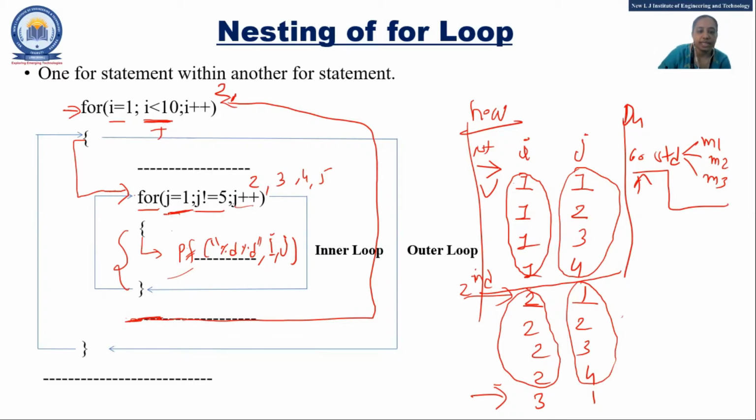So here you can take another loop that will vary from 1 to 3, and this one will vary from 1 to 60. Clear? That is the application of nesting of loops. This is the main application. Otherwise, whenever you require, you can use the for loop. Any doubt? Okay, fine.